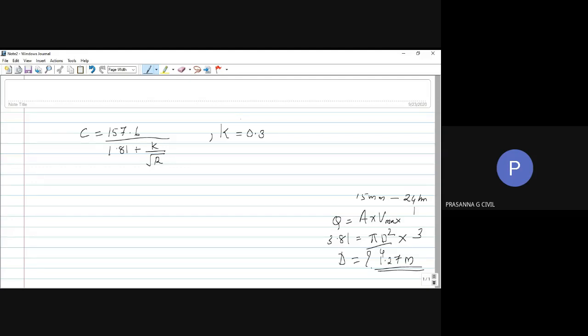So you can find out Chezy's constant using this and then come with your velocity using Chezy's formula. What is Chezy's formula? V is equal to C root of R, this and this. Two formulas you need to look at, and then you will be able to calculate Q. Please try to do it and tell me whether there is any problem later. We will end the class with this. Okay. Anybody